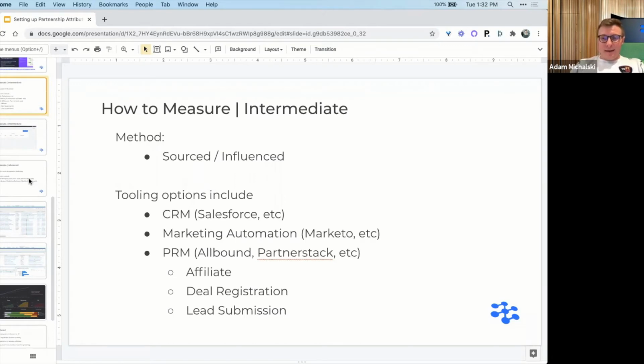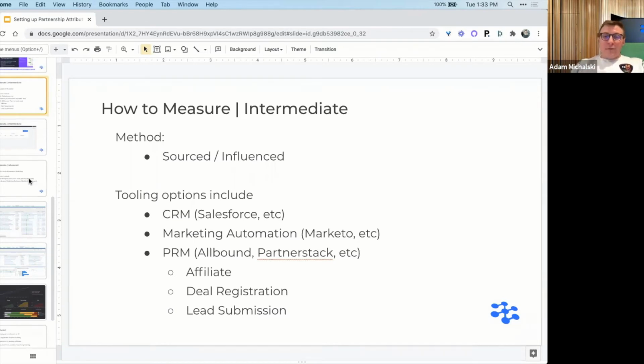At the end of the day, the reason why I would argue that you should be accounting for influence is that as a partnership professional, if you're not, then you're leaving a lot of credit on the table. By nature of you having these partnerships, these folks are driving value for your organization regardless. It's just a matter of whether or not you're actually tracking it. And if you're not tracking it, then you're not getting the full credit that you really should deserve for all the efforts that you're putting into these partnerships.